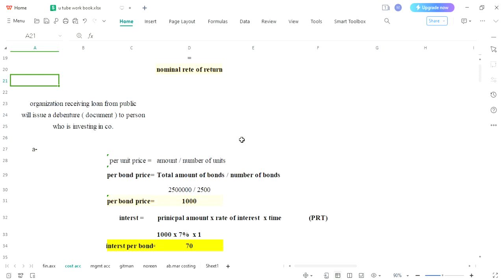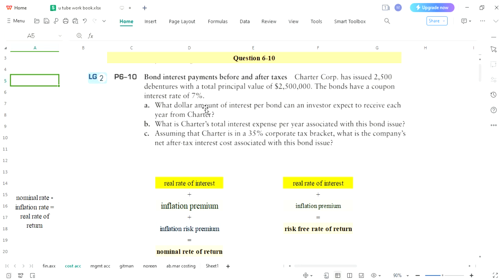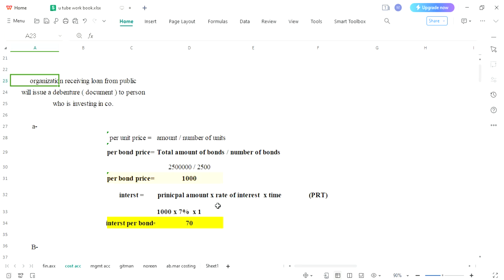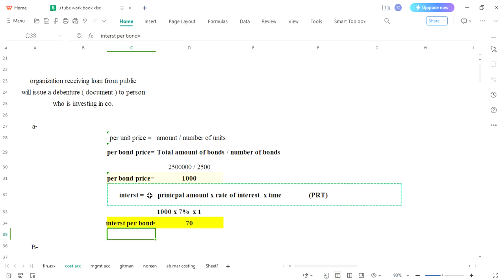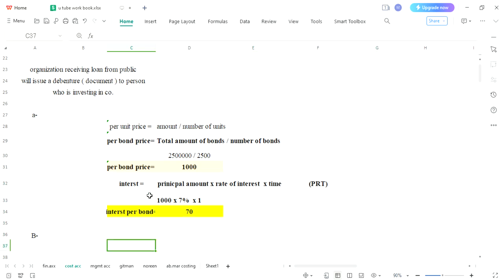Now come back to your question. When you calculated 7% on a single dollar, you got interest per bond. While on the other hand, in part B, you are asked to calculate total interest expense per year. So when you took one bond, you calculated interest per bond. And now when you take the total amount as principal amount, you will get total interest. Same formula we will use. Please note it down. This interest formula we are again using in the same way in part B,